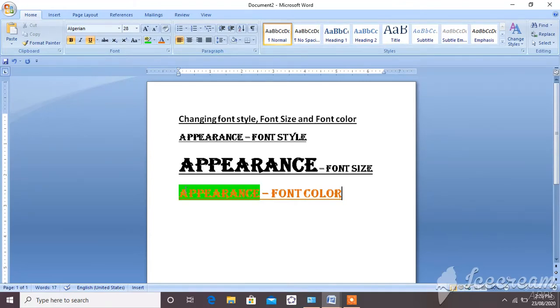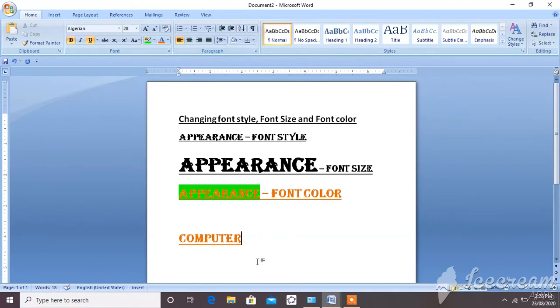Now we can do this formatting on the font. Let's see one by one. Each letter, number or symbol used in a text document is called a character. A character designed in a particular way is called a font. Now I will show you one character. I will type one character here, computer.